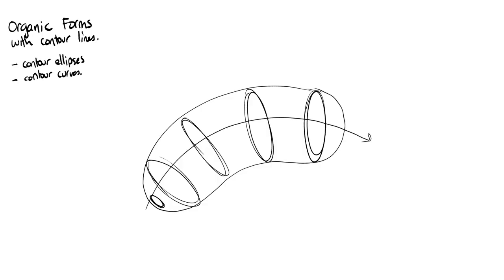Another important thing to be vaguely aware of is the fact that I'm not necessarily keeping the degrees of my ellipses consistent. If you remember, that's the width of the ellipse. Like this is a smaller degree, this is a larger degree, this is an even larger degree. I'm not keeping them consistent all the way through. This one is a little bit wider, this one's a little bit narrower, and so on. The reason for this is that